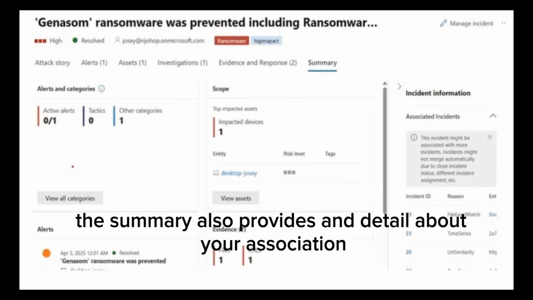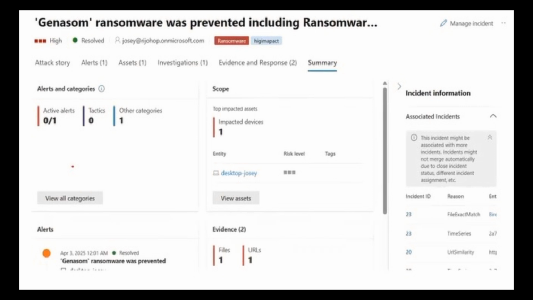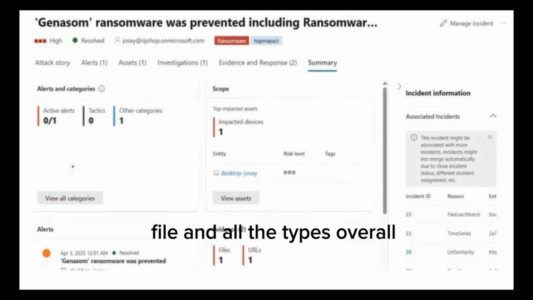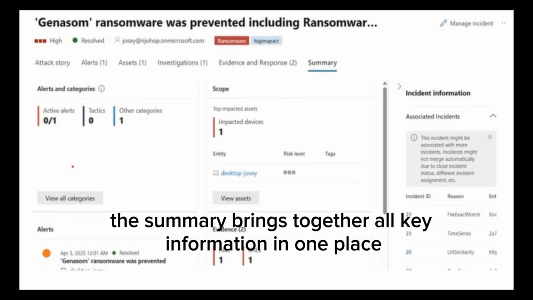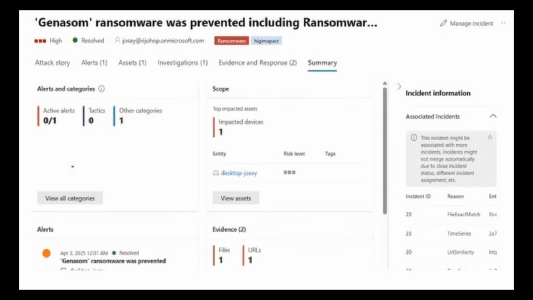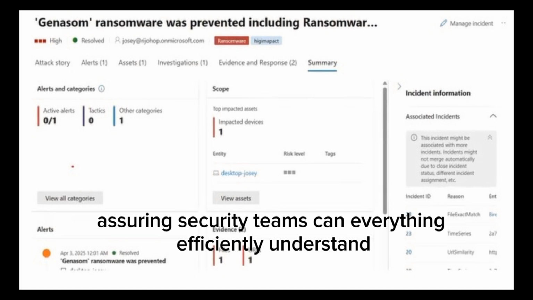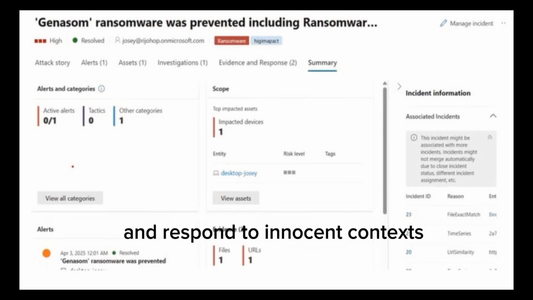The summary also provides details about the associated identities, a list of involved files, and other types. Overall, the summary brings together all key information in one place, ensuring security teams can efficiently understand and respond to each incident.